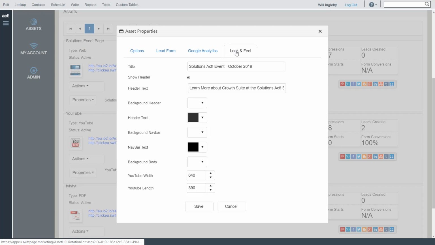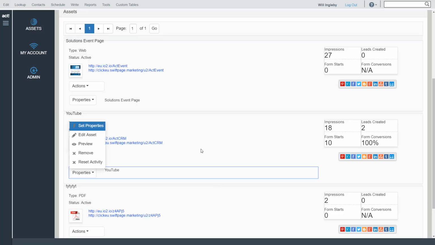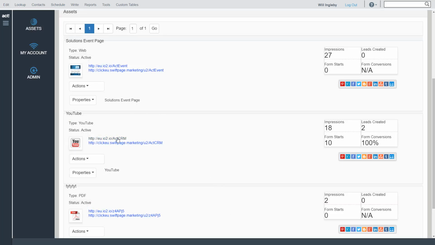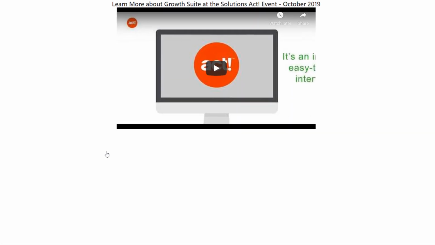The Look and Feel tab gives you the opportunity to customize the livery around the YouTube video, the background colors, the title, etc. We'll look at an example of that in just a second. So if I just cancel out of the properties, you'll notice that there's a hyperlink presented, a full hyperlink and a short hyperlink presented on the screen, and that's the hyperlink that people can use to access the video. So if I click on an example,